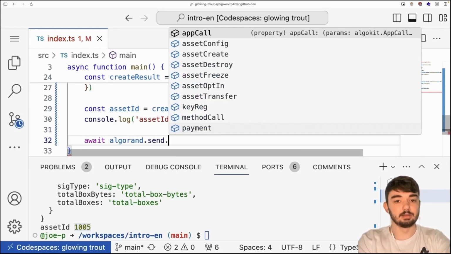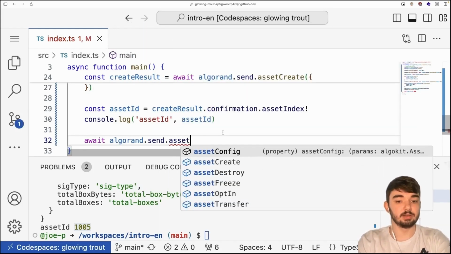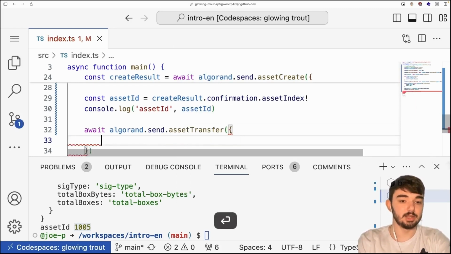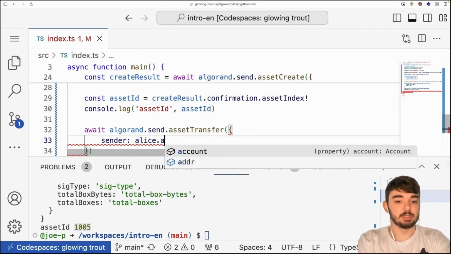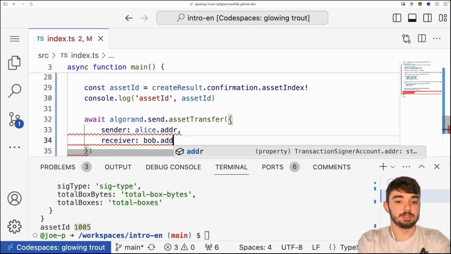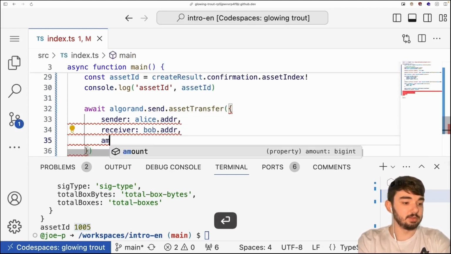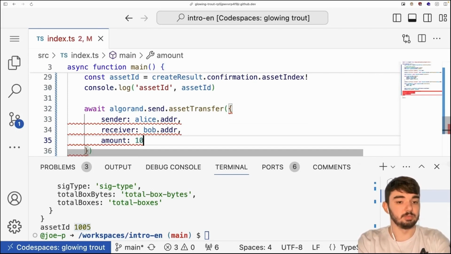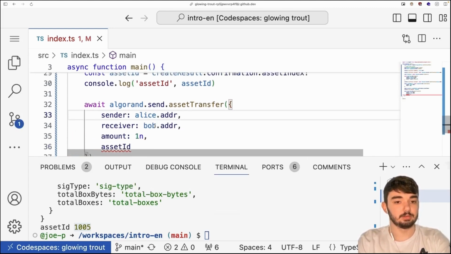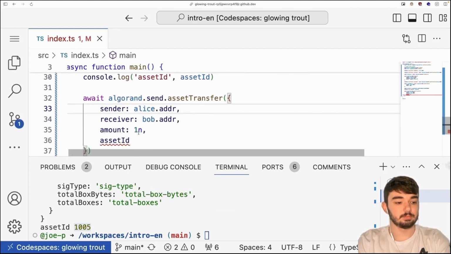To send an asset, I do algorand.send.assetTransfer. And here, the sender is going to be Alice, the receiver is going to be Bob, and the amount is going to be, let's say, 1. I'm going to send 1 asset to Bob. And then we need to specify our asset ID.